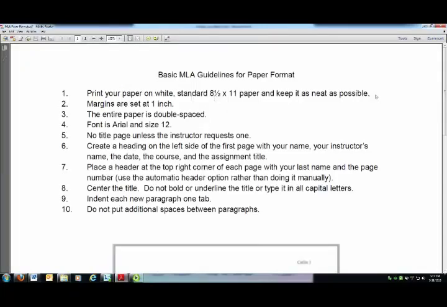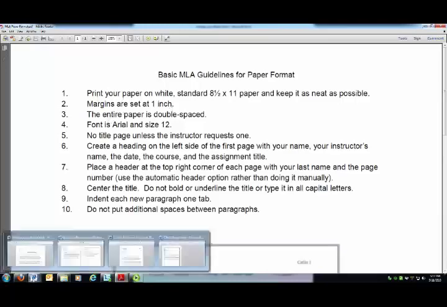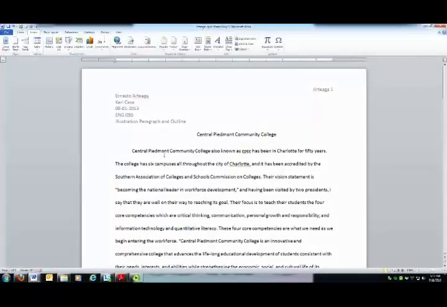You definitely want it on white, regular, standard 8.5 by 11 paper. The first major hurdle for most students is that the margins need to be set at 1 inch. So let's go back over here to Ernesto's paper, okay, and we need to make sure that it's set at